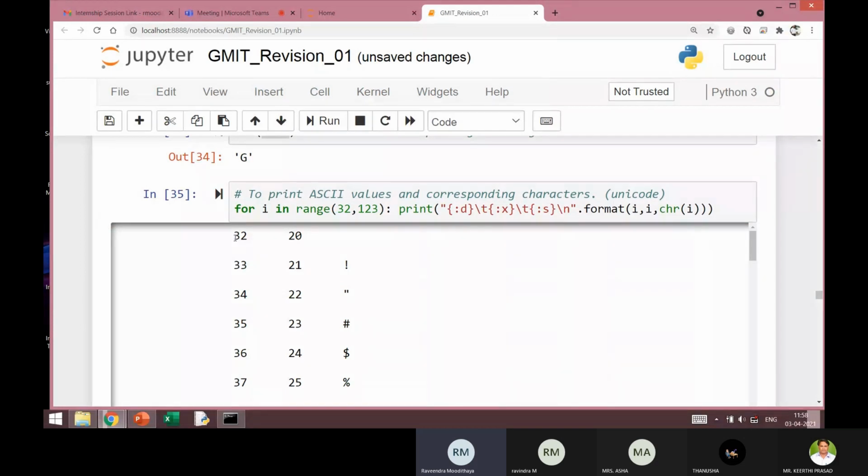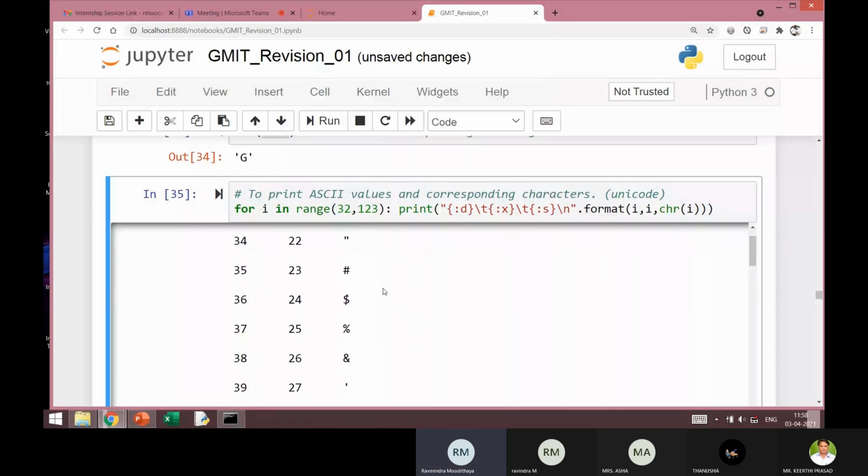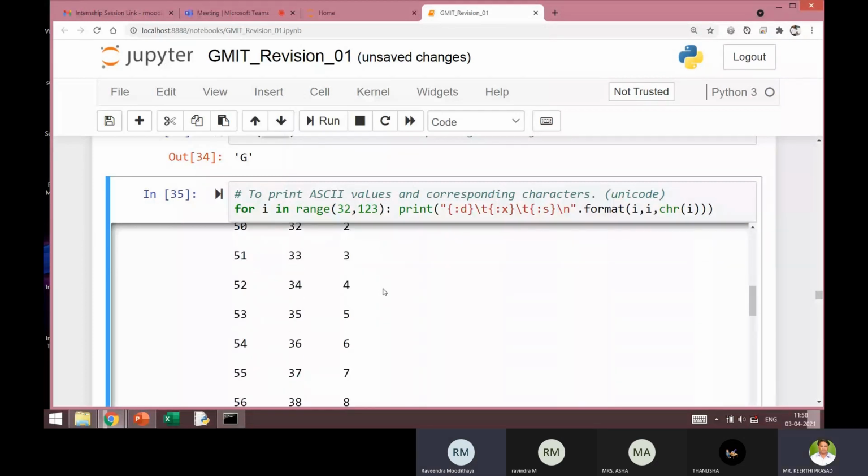The first column is the ASCII integer value, the second column is the hexadecimal value, and the third column is the ASCII character. So it's a small one-line code which will give me the list of all the ASCII characters and the corresponding code. Sir, Ravindra sir, just give us some time because they are executing it parallelly. Yeah, sure.